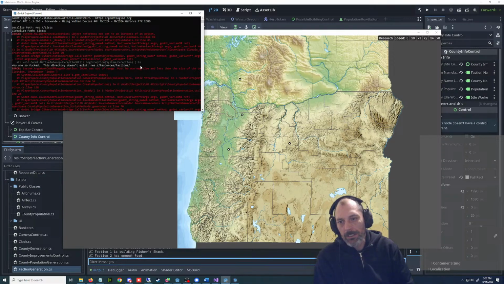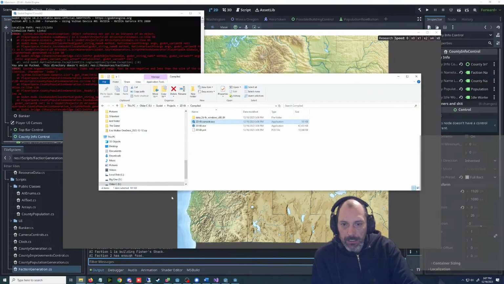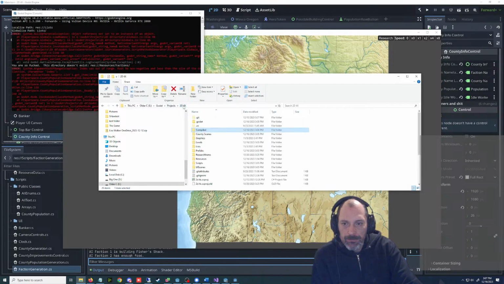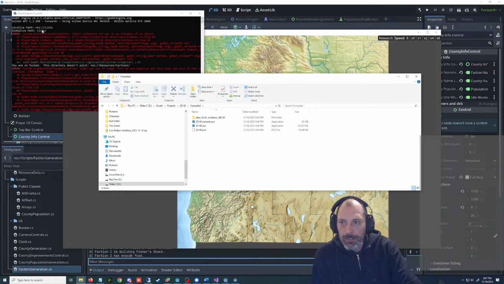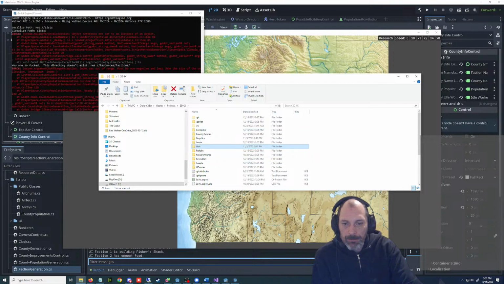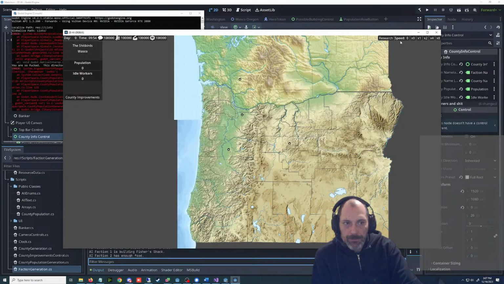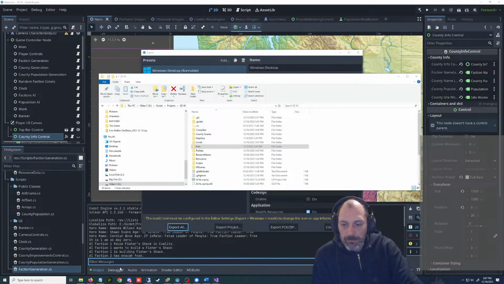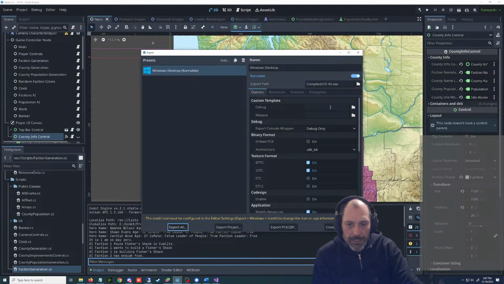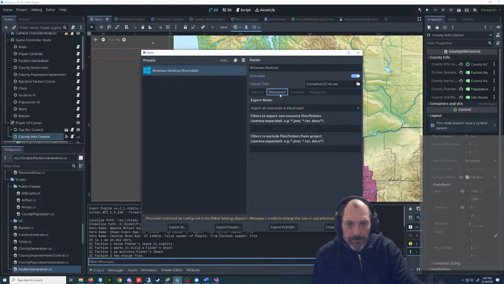No, it's still looking inside this folder for something called lists and it doesn't exist. So when I compile stuff, I need that to go with it. Maybe I need to set that somewhere.